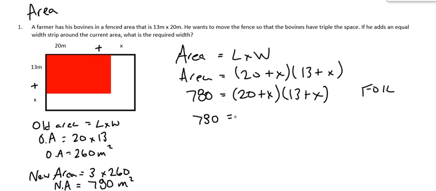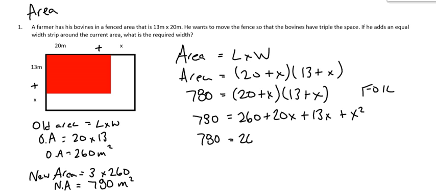So 20 times 13 is 260. And then I multiply the outside together, the 20 and the X, so 20X plus 13X plus X squared. So we get 780 equals 260 plus 33X